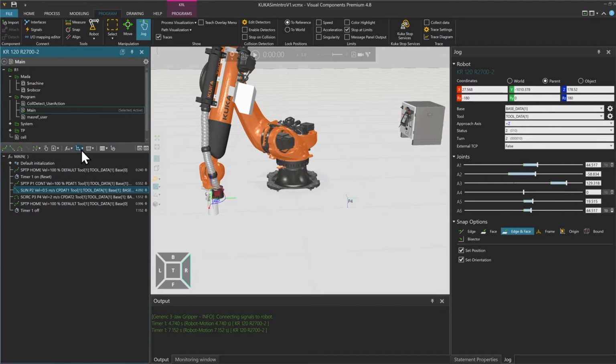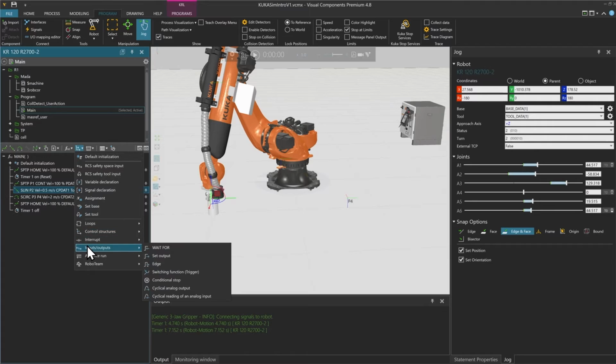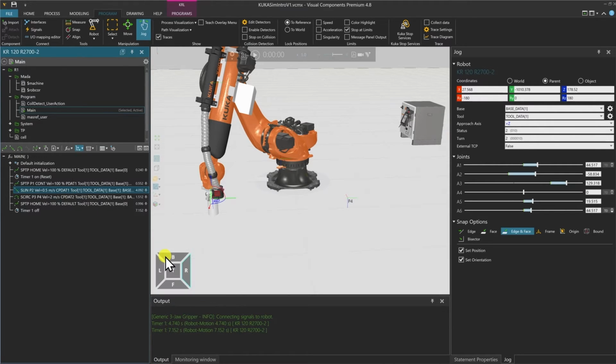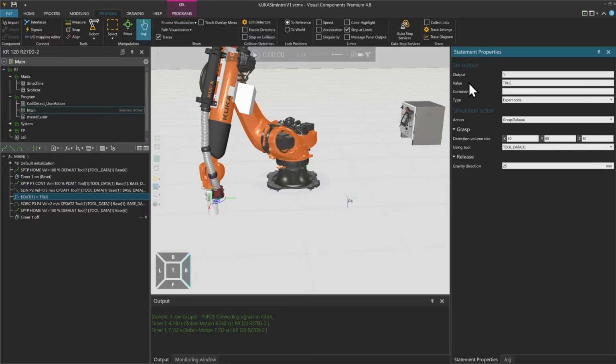So I go here to this logic drop-down menu, go to inputs, outputs, and set an output. So now if I go here to the statement property of the statement, I will find that I use my output 1, so set it to true, and this will enable me this grasp action with my tool number 1.